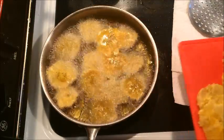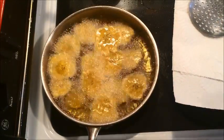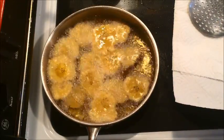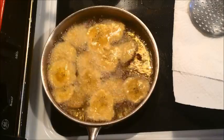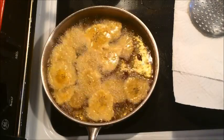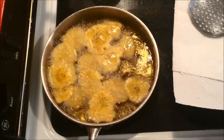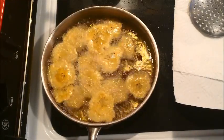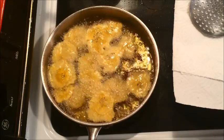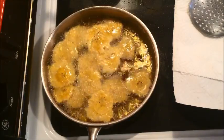I'm going to do them in 2 batches, so that way it can really fry up good. Try not to move it around. Just wait a little while before you start moving it around. And also while it's doing that, let me get the garlic powder